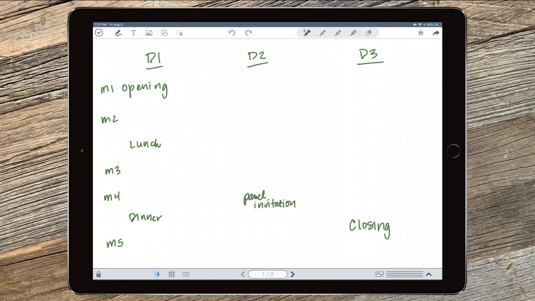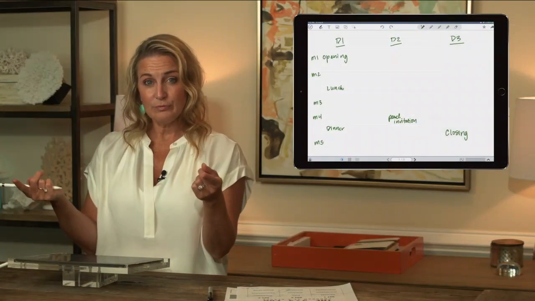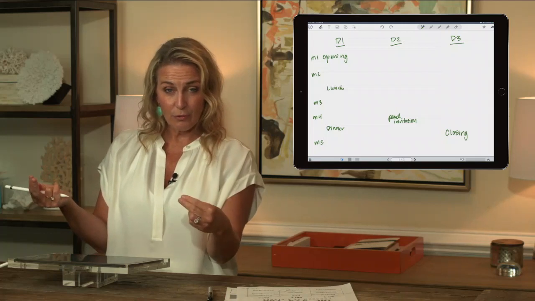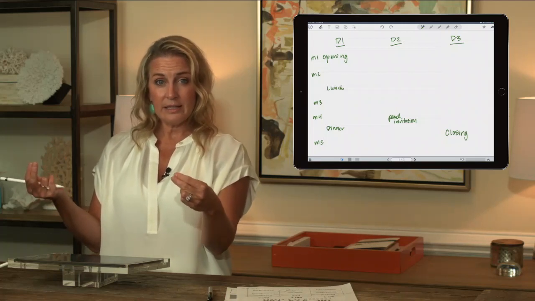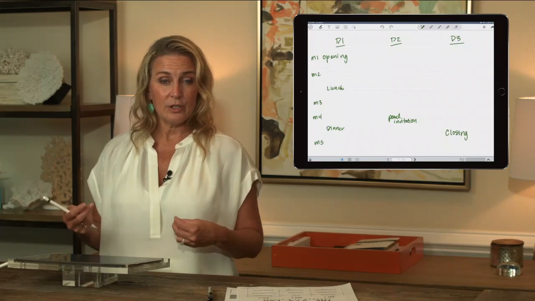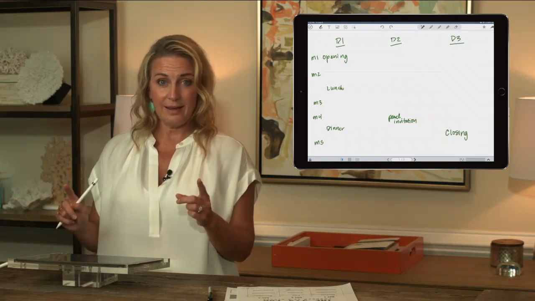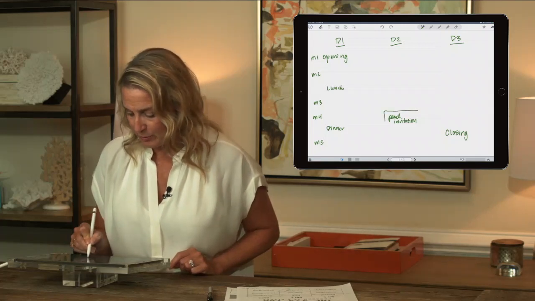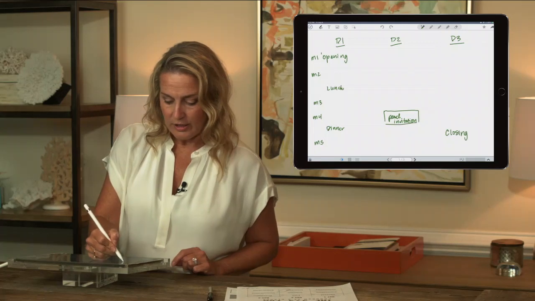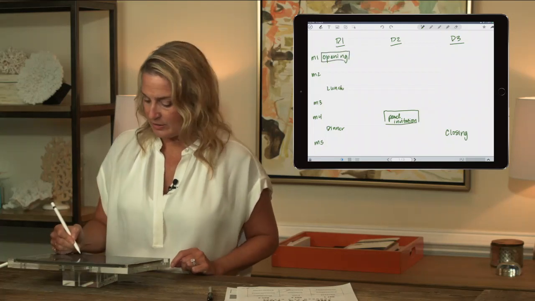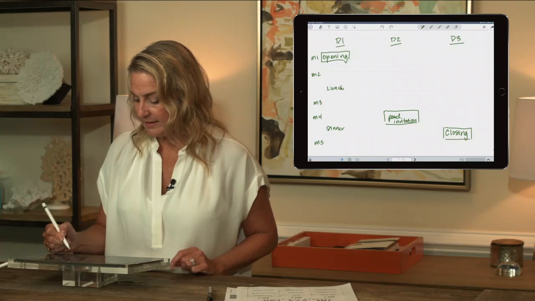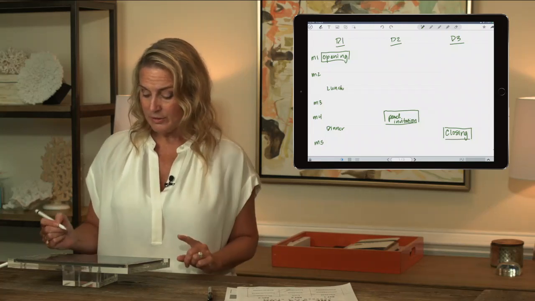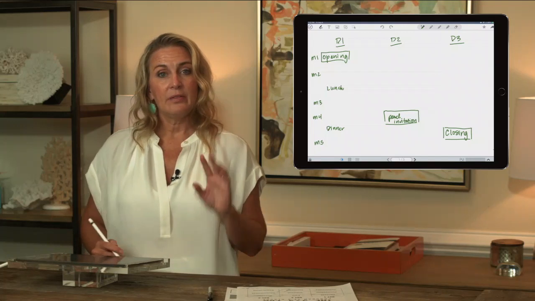So let's take a look at that one. This panel is to inspire them. The invitation is to put the offer on the table. We're going to talk more about how this works when we talk level 4, so bear with me. And it's going to lead directly into them buying into your program. Not by mistake, this is halfway through your program. If you look at this Module 4 location and you look at your opening and you look at your closing in a 3-day, bear with me 1-dayers, it's going to come back to you. It's halfway through. And this is significant.